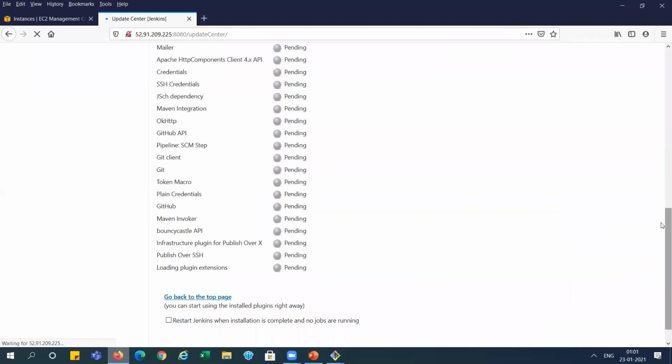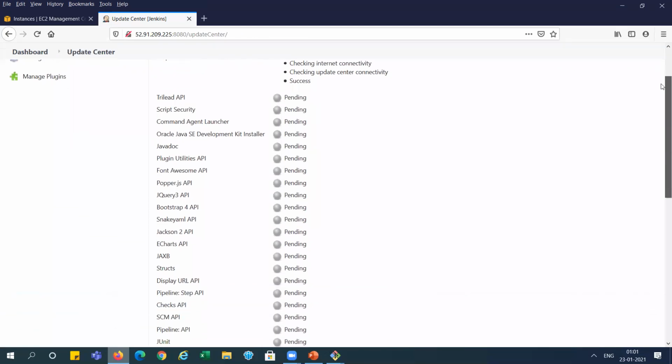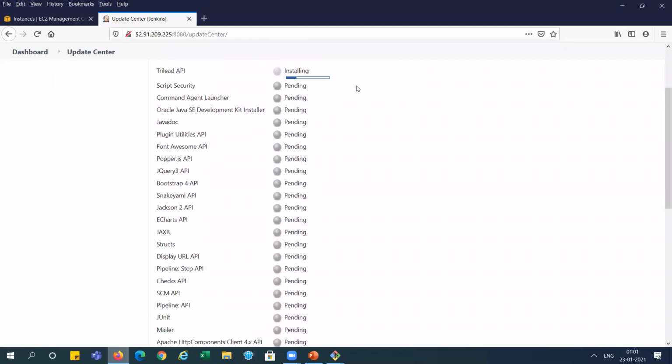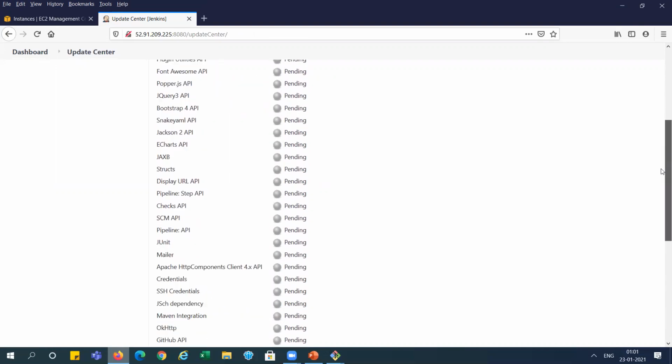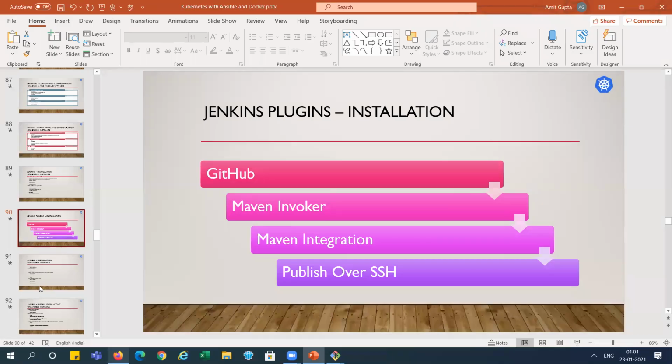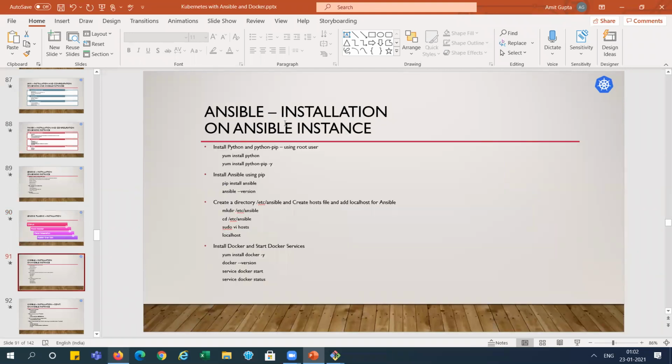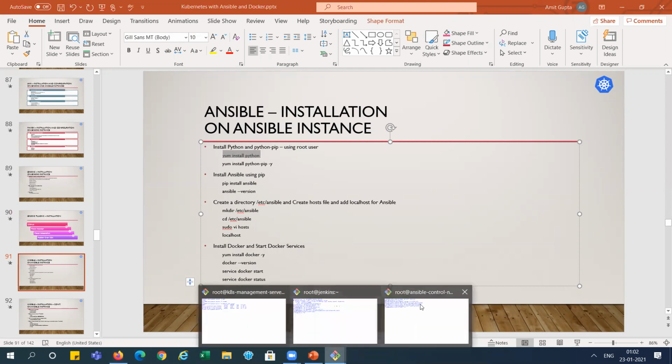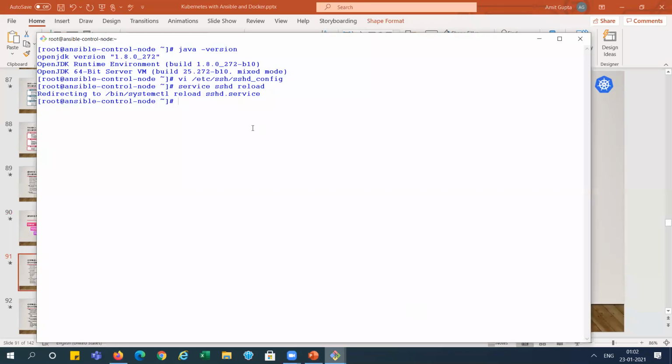You can see here it will install multiple plugins, such as supporting plugins. Installation is required. It will take a few minutes to install. You can see here installation is in progress. So meanwhile, we can pause it and go to the Ansible server and install the packages for the installation. We are already ready for that. The server is ready, right? The Ansible control node is already there, so we need to install it here, right?